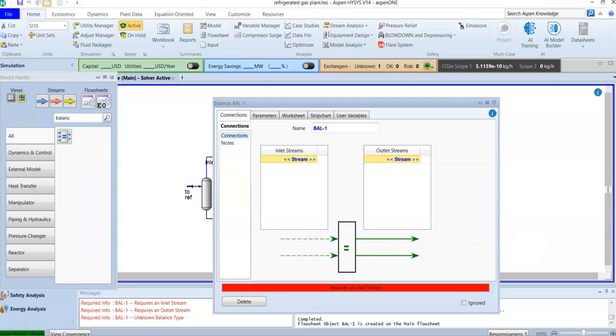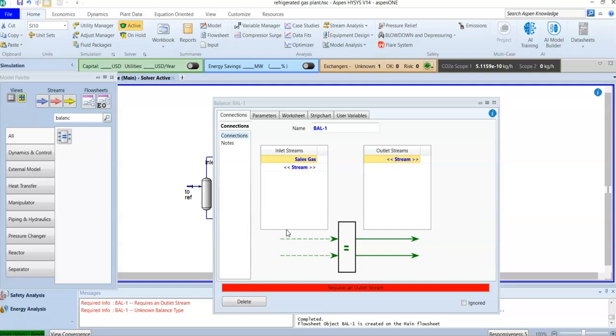So I have added the balance over here, and in this case I am going to balance my inlet stream, which is my sales gas. What do I want to balance at this point? I want the dew point to be balanced by the component molar flow. Let's keep moving and it will make sense after finishing it, because it's really difficult to understand what we are doing